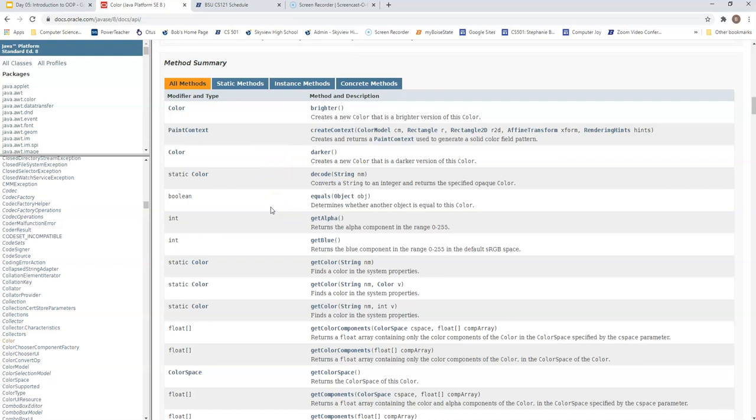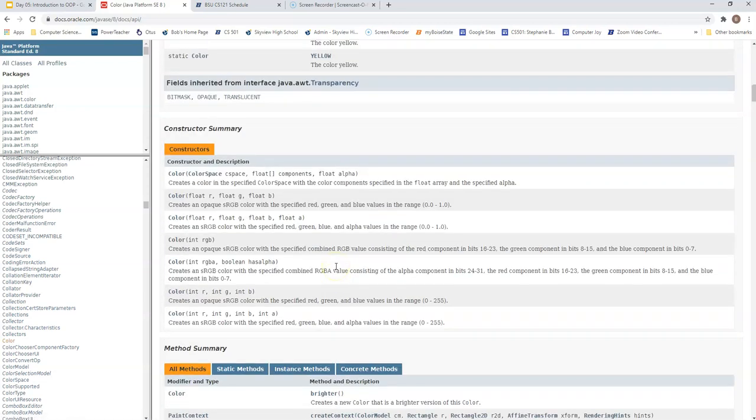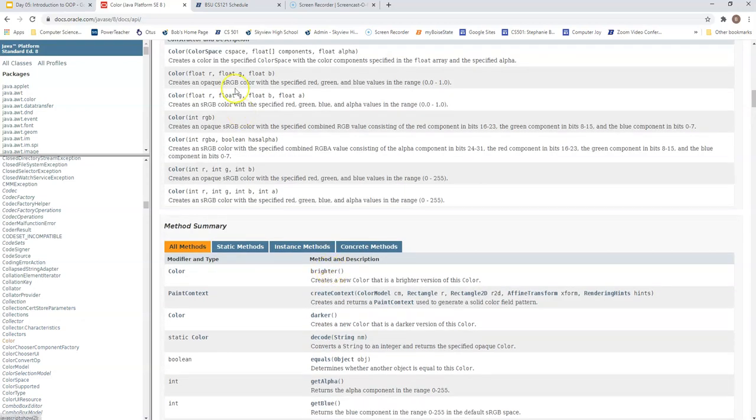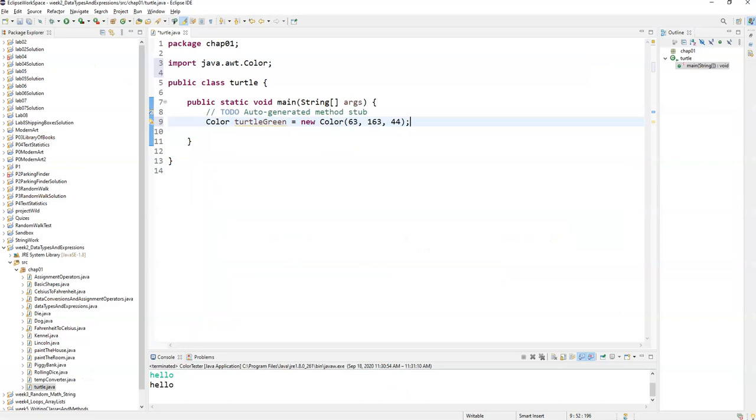The dot means do something, like I'm going to get the color. I'm going to do something like get RGB, get red, get hash code. These are all methods that I can use on a color object. So we have our variable name, the method name, and then the parameters that go along with that. Let's take a look at what that might look like here. So I'm going to go into